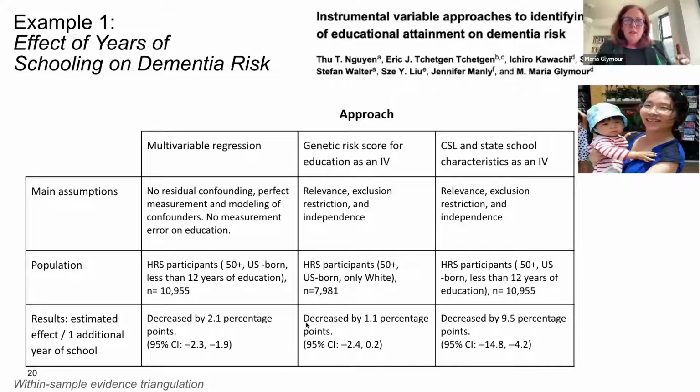And essentially within these samples, she found in all cases a pretty strong benefit. The estimate from the policy-based IV, and I think this is an important discussion point, was huge and probably much larger than plausible as a causal effect of educational attainment alone. And I'm happy to return to that in discussion if people are interested. I think it's a super important phenomenon.